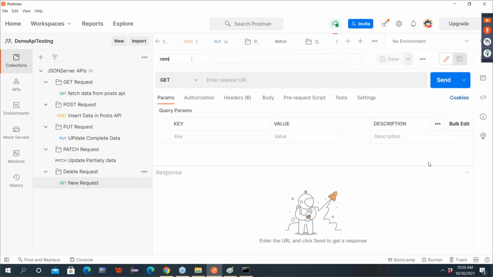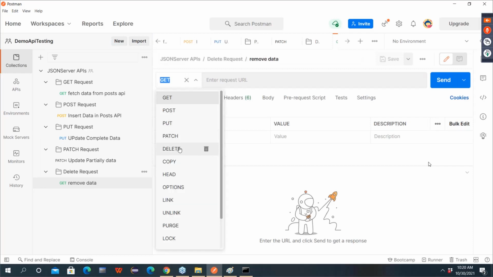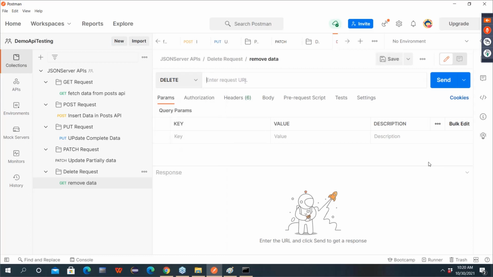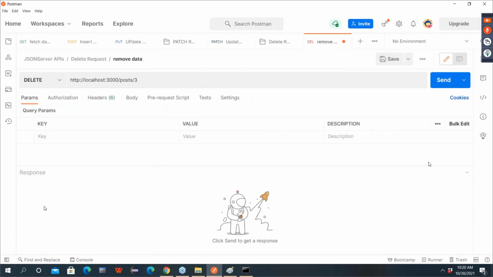So let's say remove data. Now we will set HTTP method as delete, and here we have to give URL. I want to remove the third object. As I want to remove only, obviously there is no need to give any body or content type or anything. I just blindly remove that. So send.